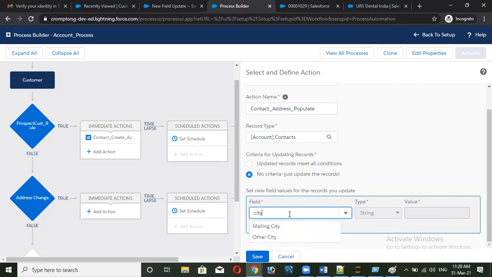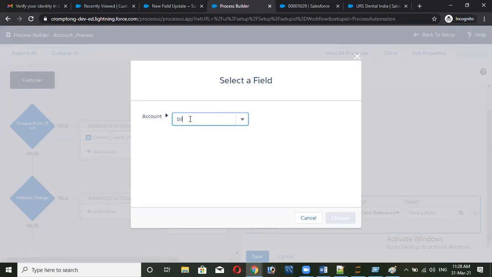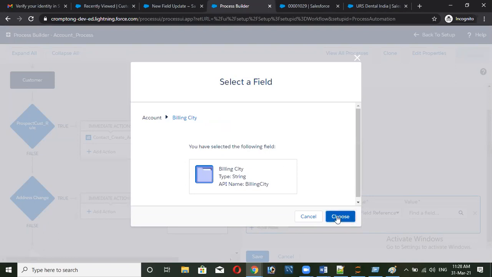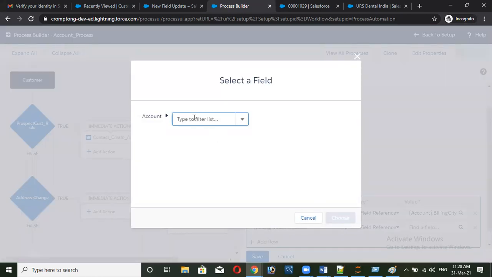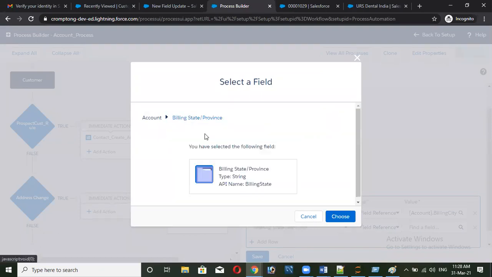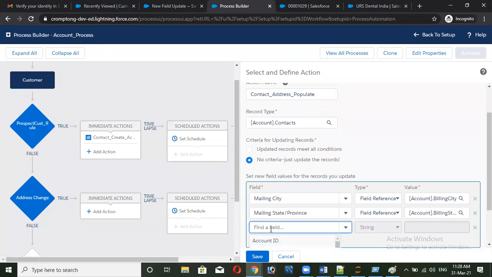What should we put here? There will be a mailing city. I make it a mailing city. The mailing city field reference is coming from the account. Whatever is in the account should come. Here the billing city comes. So mailing state will be populated, which is coming from the account billing state, right? Street, field reference, which is coming from the